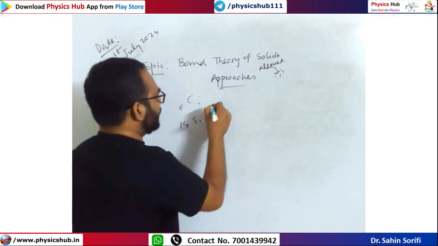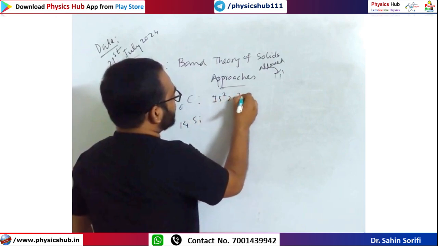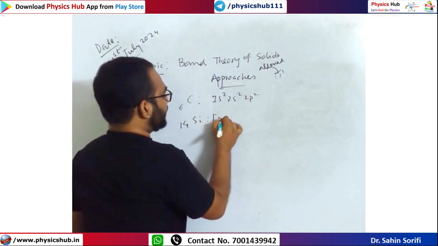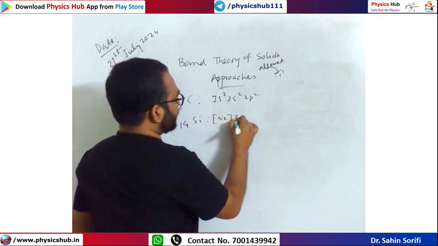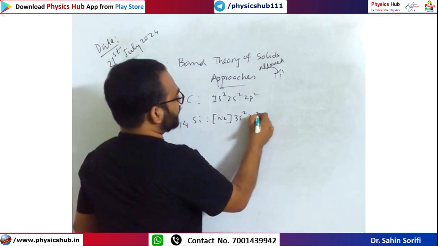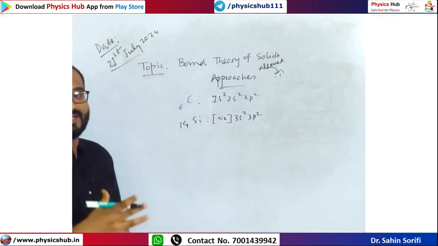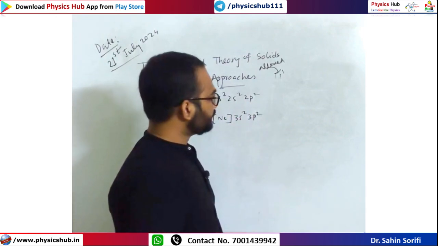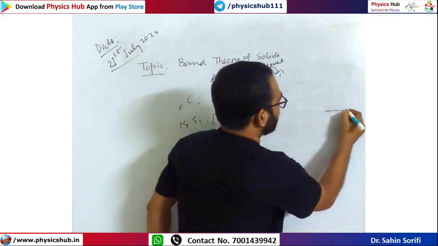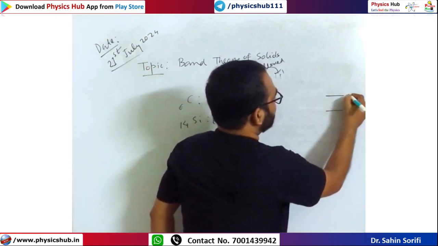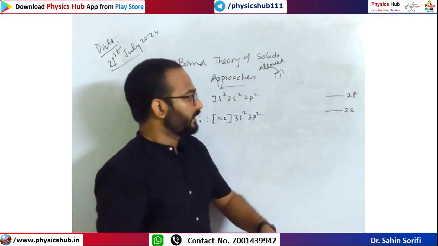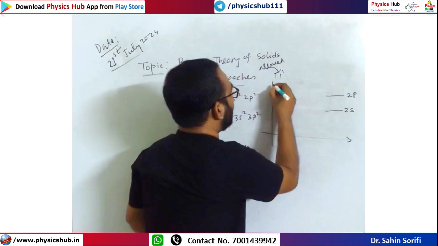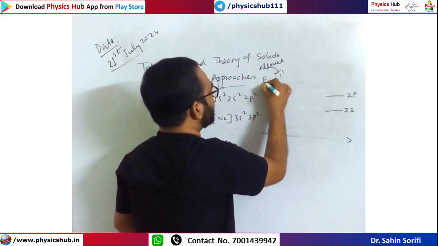For carbon we have 1s2, 2s2, 2p2. For silicon it is neon, then you will have 3s2, 3p2. So if you consider the valence electrons, they are in the 2s and 2p. Okay. So let's say this is 2s and this is 2p. Let's say this is the drawing for one carbon atom. Okay. So energy versus